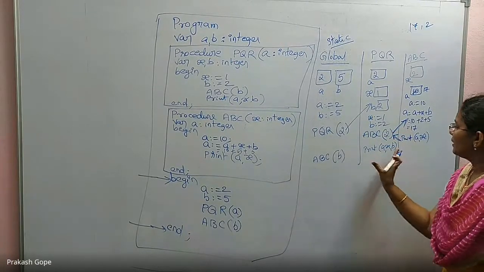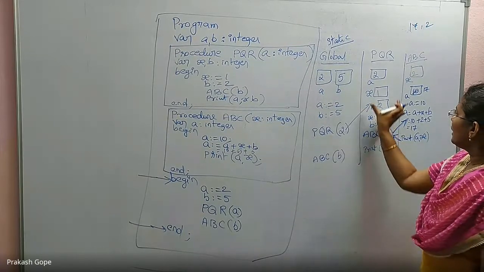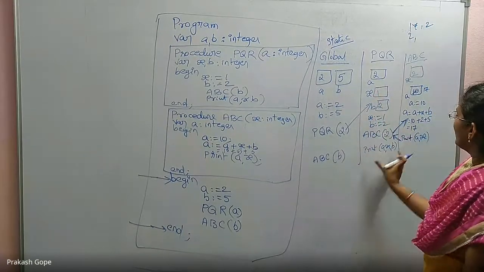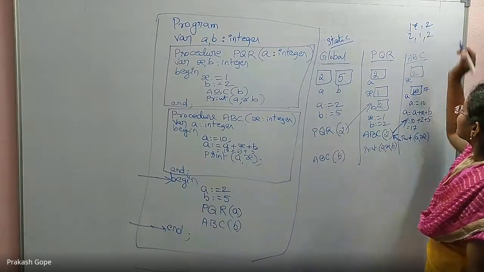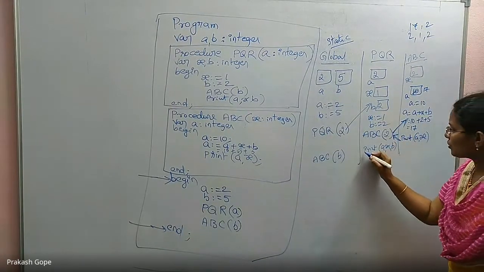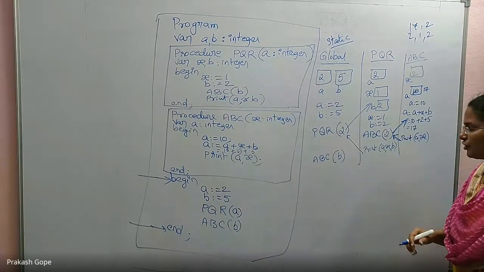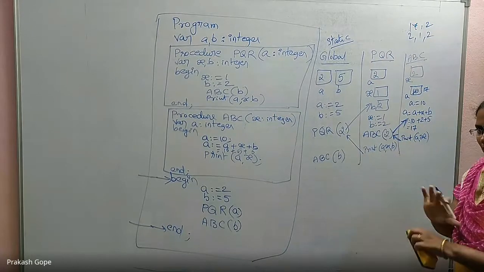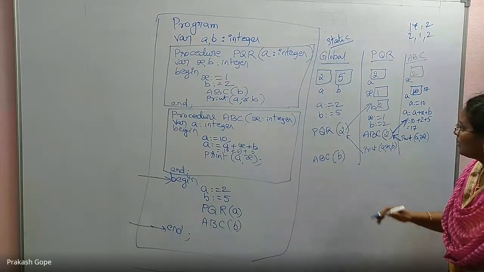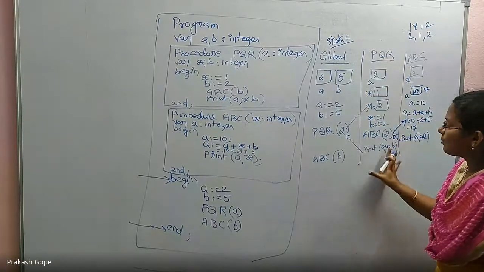Print A, X, B. In this environment, what are A, X and B? A here is 2, X here is 1, B here is 2. This execution is also finished. Go to its calling environment. See, when I jump from here, this environment is erased, not available in memory anymore. When this function is also finished and I went back, this environment is also erased.